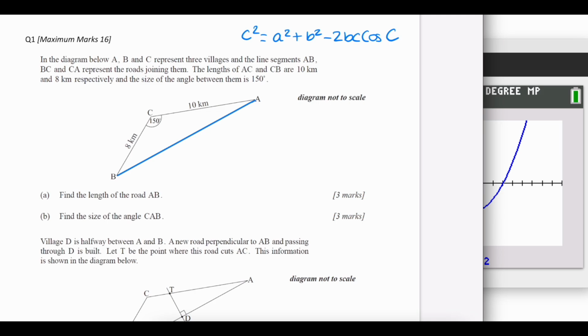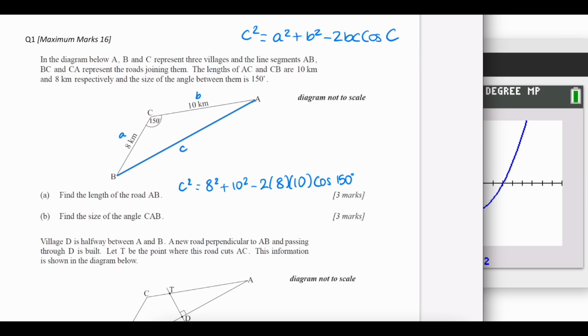So with the labels on the triangle, I can always change them if they're not what I need for this question. But they actually work very well. So this would be angle C, side C, side A, side B, and then the angles are already labelled. So I'm just going to use the cosine rule and the information and then plug that in. So C squared is equal to 8 squared plus 10 squared minus 2 times 8 times 10 cosine of 150